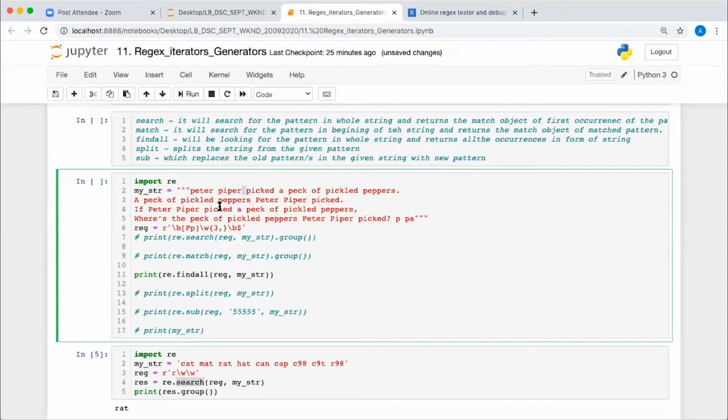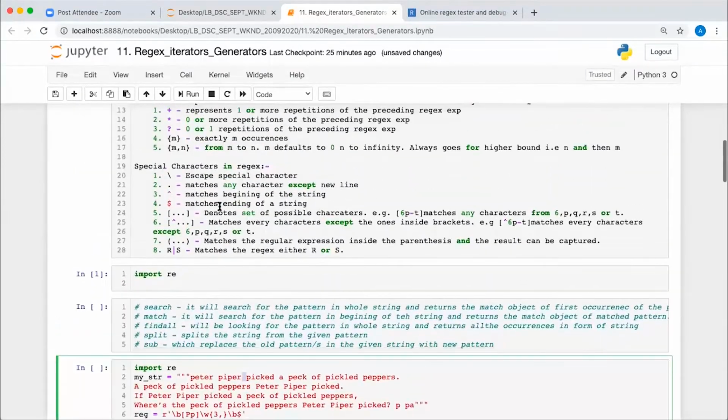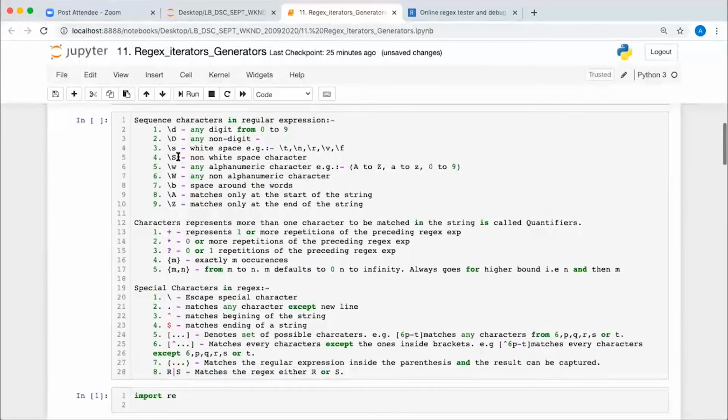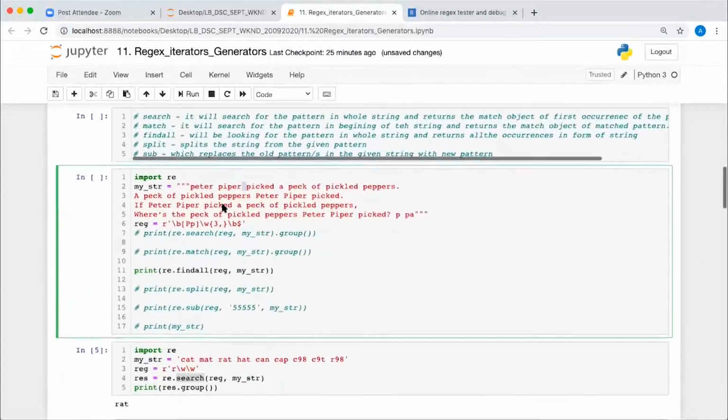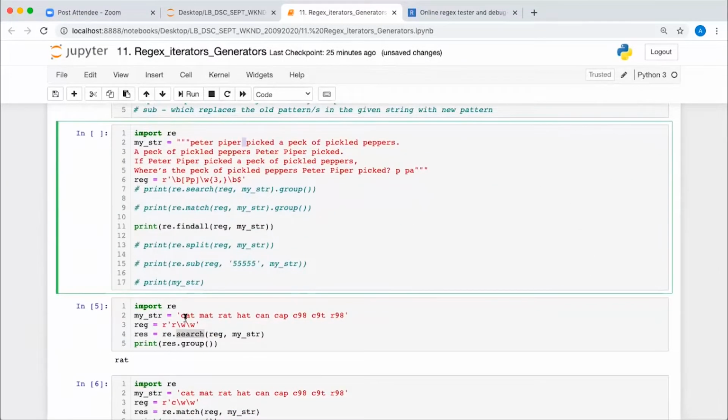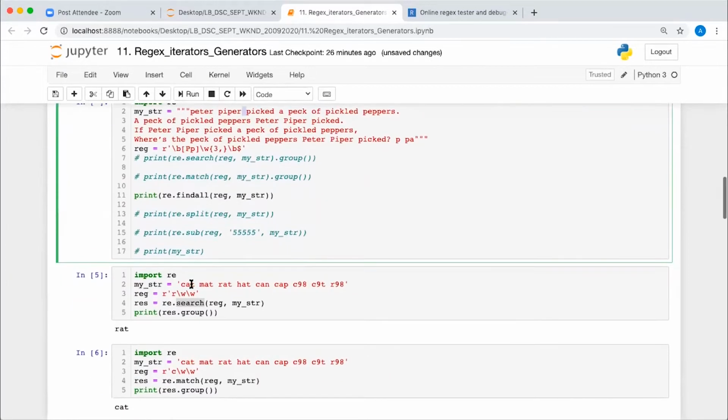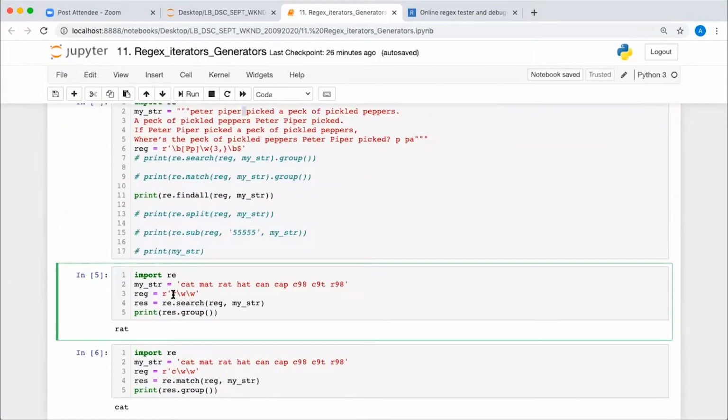So if you want to match individual words, then you put backslash b on both ends of the word. Like here, let's say I want to match "at". If I write "at", it will give me the first occurrence of "at", which comes from inside another word.